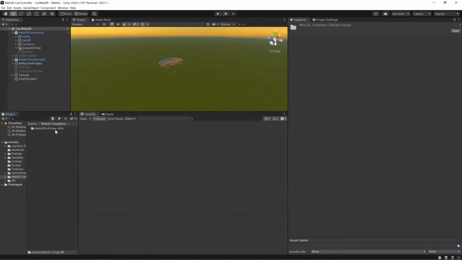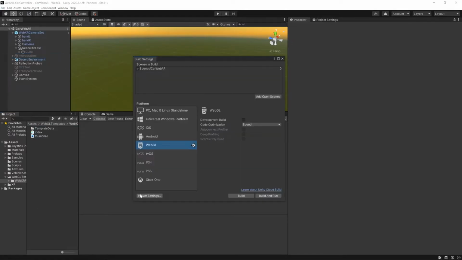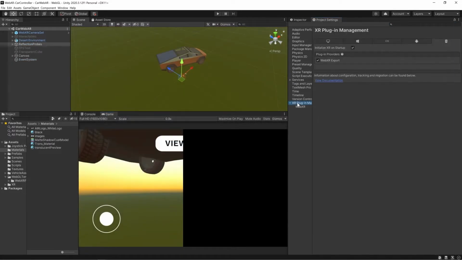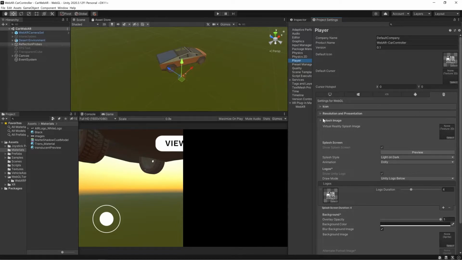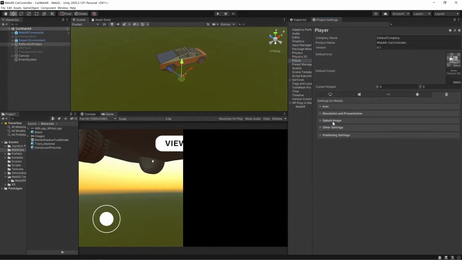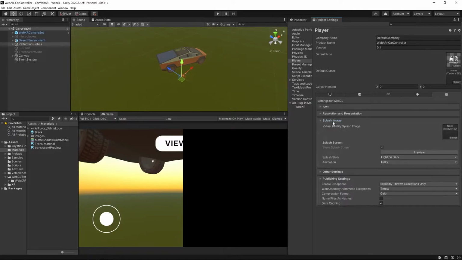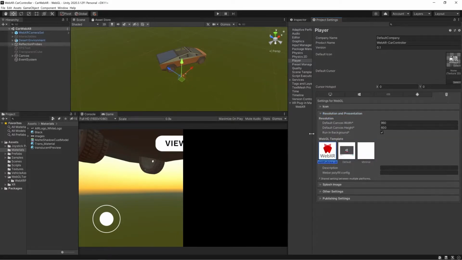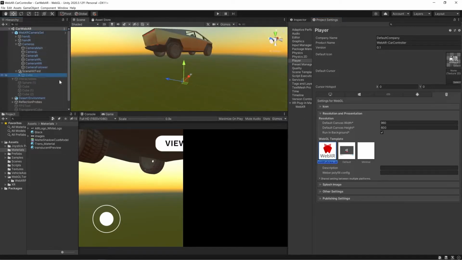So WebGL full screen is what we'll be using. You can even change this from the index file. I'm not going through that right now, but you can edit that if you know basic HTML and JS. You can directly select it here, and after that you can enable the WebXR export from the XR management. This will come by default with the package import, right? Coming to the player settings, you don't need to change anything else other than the template. If you want an icon and splash screen you can put those, but the WebGL template and WebXR are the two things you have to consider.